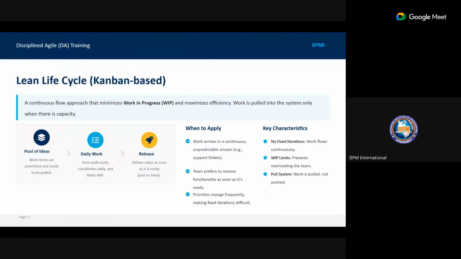I'm trying to see if I can get to my portal and check if I'll be able to show you some of the things I'm talking about, or show you the tool in a moment.